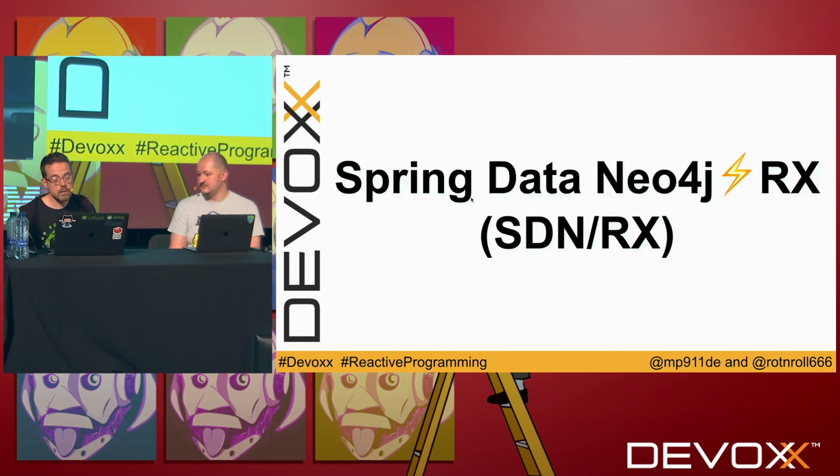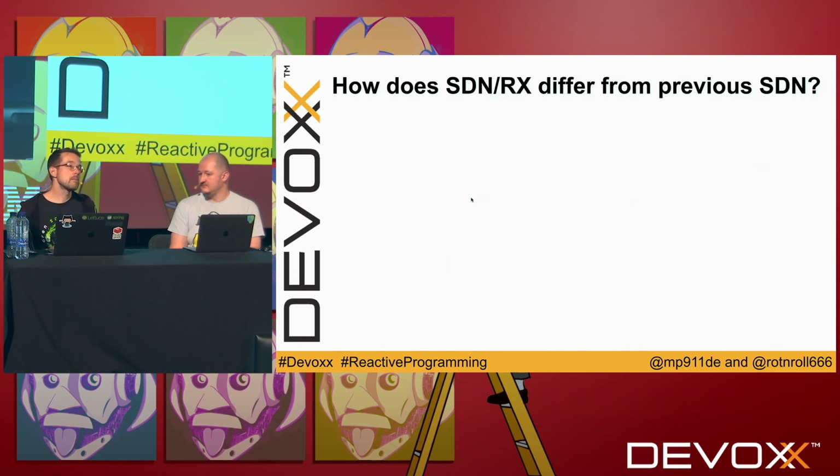So for the last couple of minutes, Spring Data Neo4j RX, or SDN RX for short, is something that is in a public preview right now. That Spring Data module has been written from scratch, and it does differ a bit from the current Spring Data module for Neo4j. The current Spring Data module for Neo4j tries to cater for a lot of use cases,